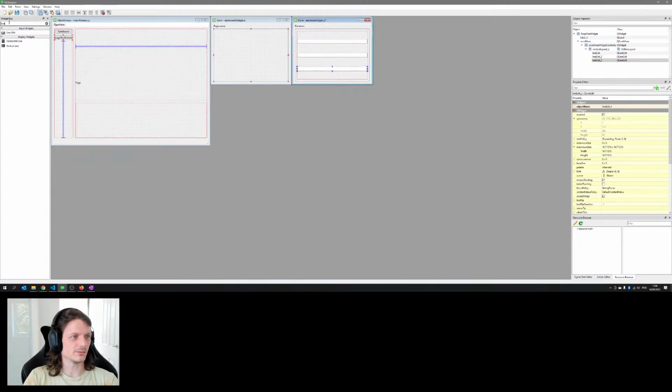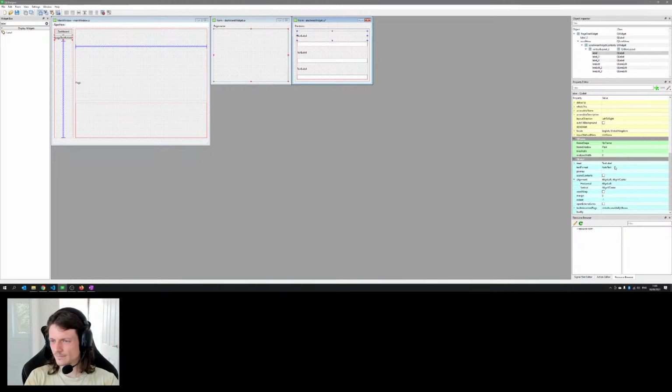Beautiful. And then we're going to have some labels. Label 1, label 2, label 3. Yksi, kaksi, kolme in Finnish. 1, 2, 3. Let's go.